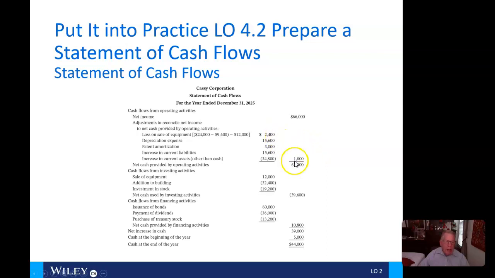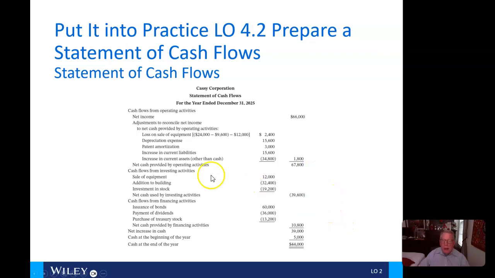That's a non-cash loss, so we add that back just like depreciation expense and patent amortization. There is an increase in current liabilities. We add that back. There's an increase in current assets other than cash, of course, and that's 34,800. So the net cash provided here was 1,800. It jumps to the